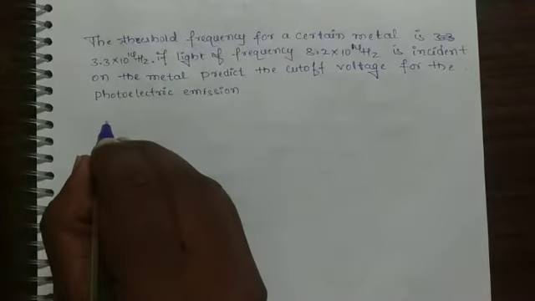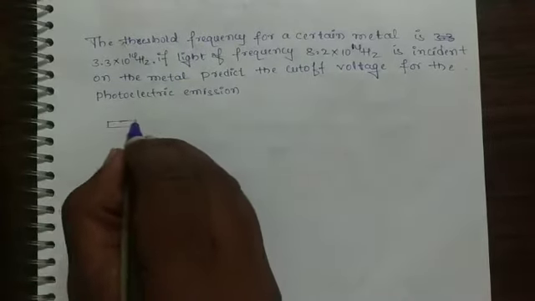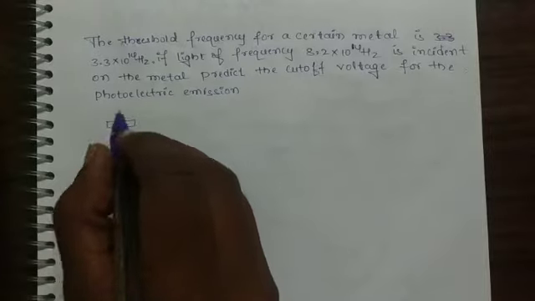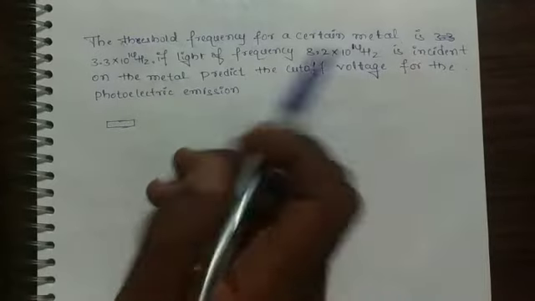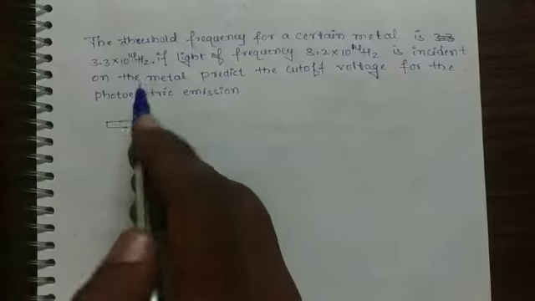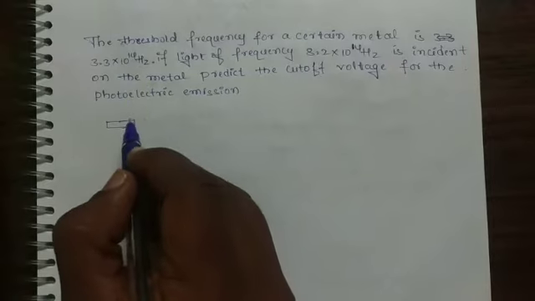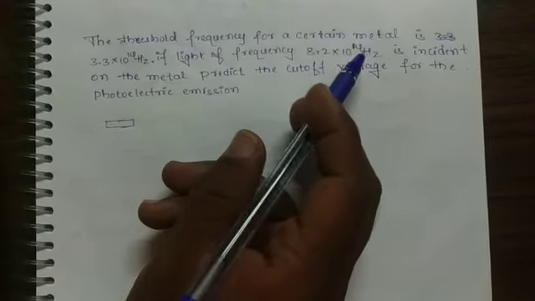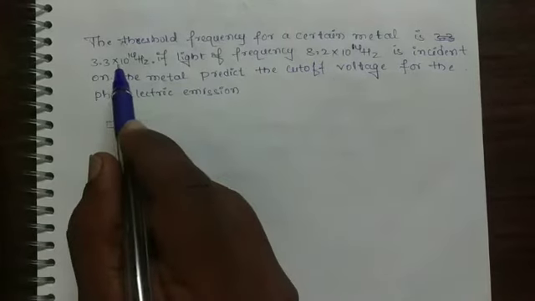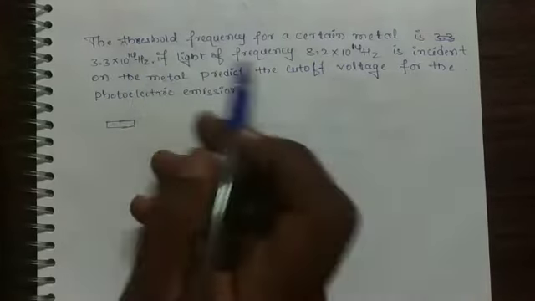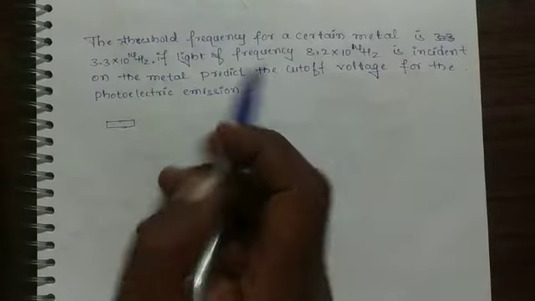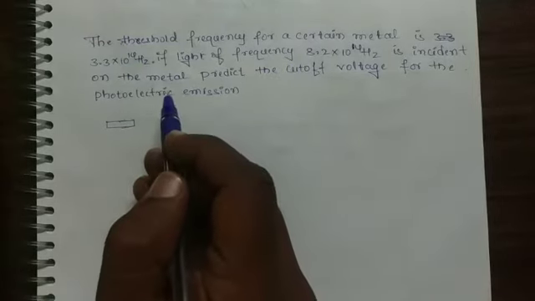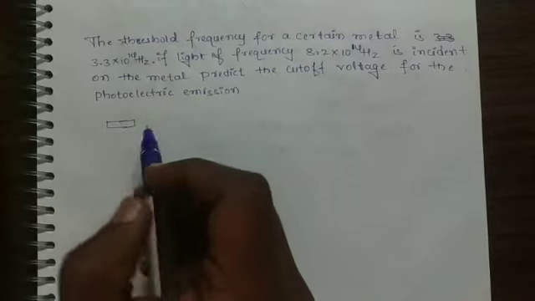It means here we consider that this one is a metal and it requires a particular frequency, so that one is the threshold frequency. When you apply this much frequency, then what happens? So here we get the photoelectric effect. The applied frequency is 8.2 into 10 power 14 Hz, but the required frequency is 3.3 into 10 power 14 Hz. So if you apply a higher frequency, the kinetic energy of a photoelectron increases.